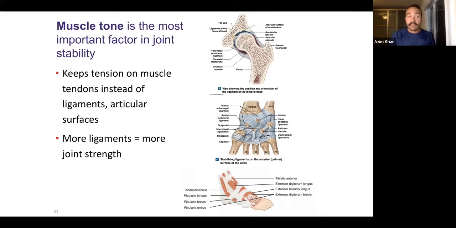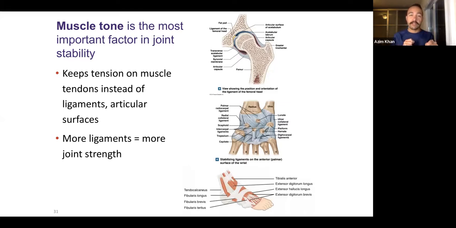Overall, one thing I'd like you to take away from this is that when you want a joint to be stable, when you want to move a joint, you need muscles. Muscles move joints. Realistically, most people can't do much to strengthen the cartilage or the ligaments. You can, but the number one thing to do is to strengthen the muscles that surround the joint. So when someone says you should strengthen your joints, what they really mean is you should strengthen the muscles that